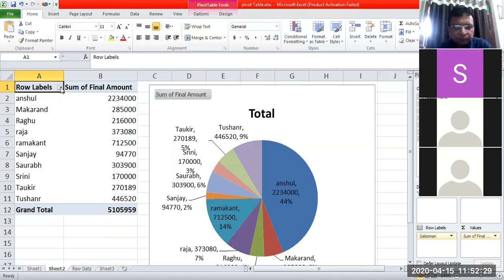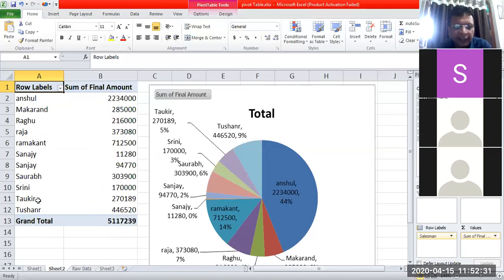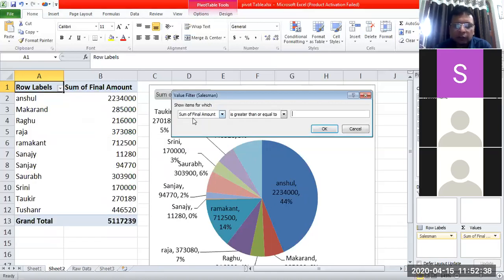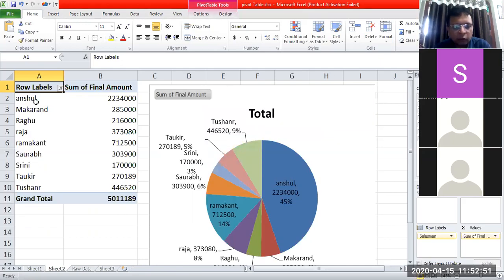Clear chart. It was having 10 items, and now I can define the range also. The sum of final amount should be greater than or equal to maybe 1 lakh rupees. So now we have only 8 items.